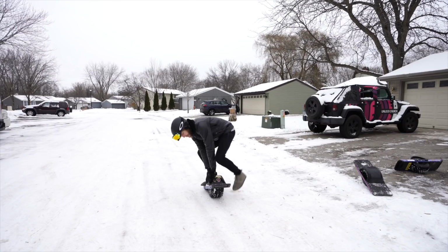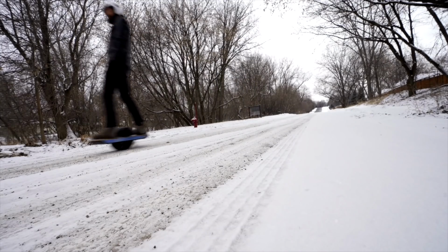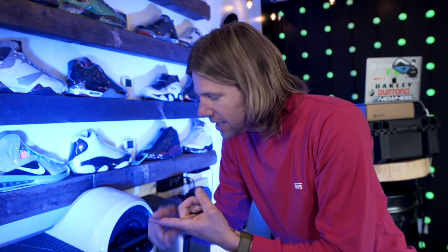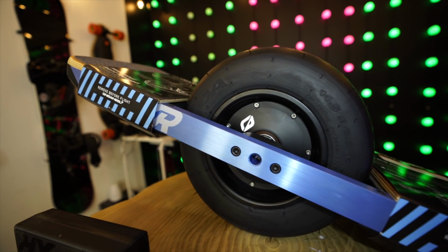I believe we've come up with a solution to one of my problems. It might not be your problem, but I love to ride my ONEWHEEL and rode most of my ONEWHEEL miles down snowy roads. The snow's falling, you're just riding and it's quiet. Because did you know this? In the Pint, in the XR, in all ONEWHEELs, it's a brushless motor on the inside of the wheel here. And so it's so quiet. It allows you to enjoy those moments in nature when you want to,